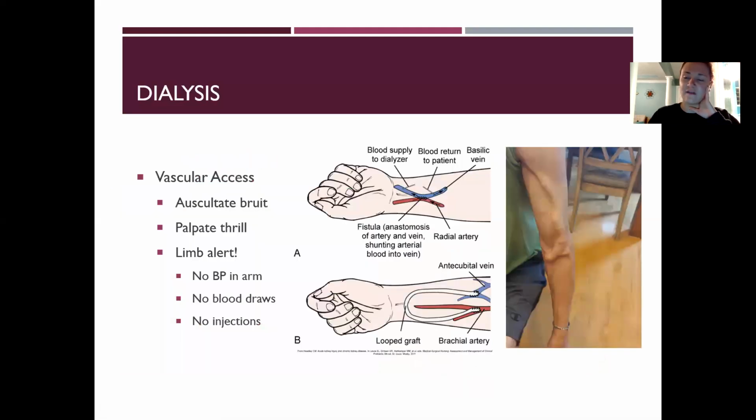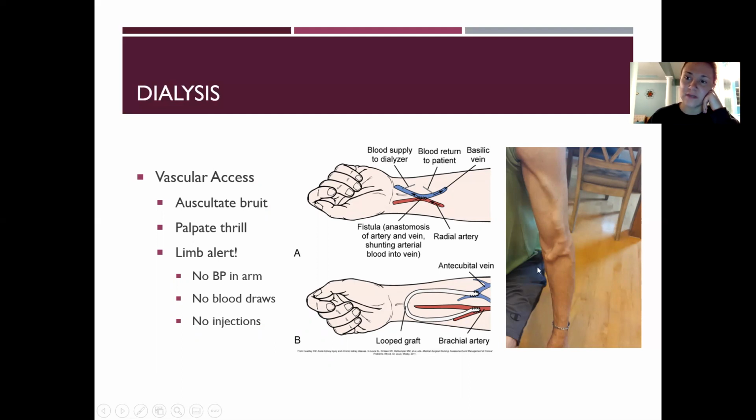And then on this slide, this is what I really want you to focus on. These are your considerations from a med-surg perspective to be aware of. When a patient has a dialysis shunt or graft, sorry, it does look like what this picture looks like. It very much protrudes from the patient's arm. You usually can't miss it.